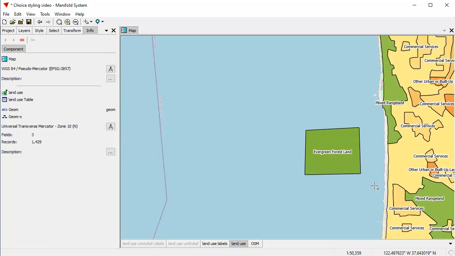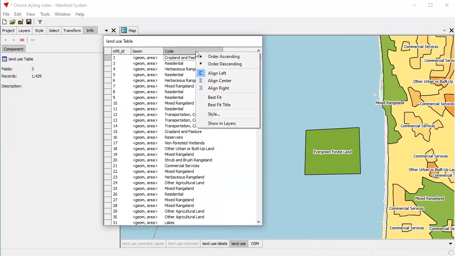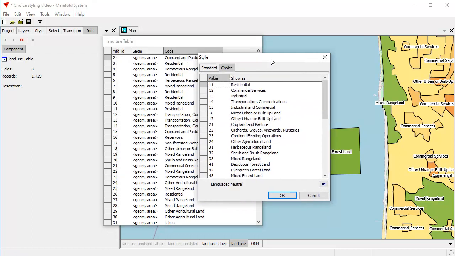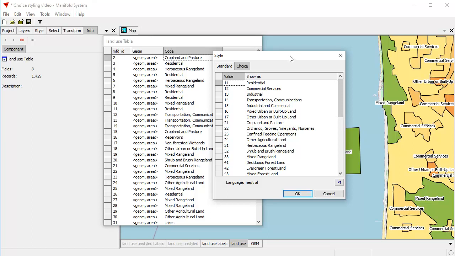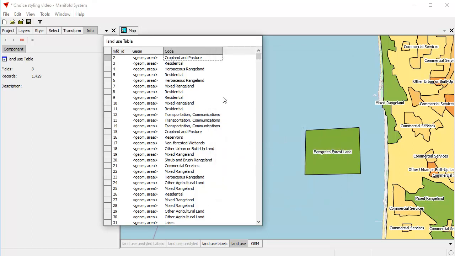So if you're working with a map, say perhaps you're adding parcels or areas that denote land use classifications, whatever you put into that land use table, whatever you created here in the styling choice panel, where you have all this list of aliases, that's exactly what's going to be used. So it's that simple. You just create this list the way you want it, with the correspondence from the value to the show as, and then to your heart's content, instead of using those mystic codes that are really difficult to understand, you can just simply use the description, as we just did when we created the Evergreen Forest Land